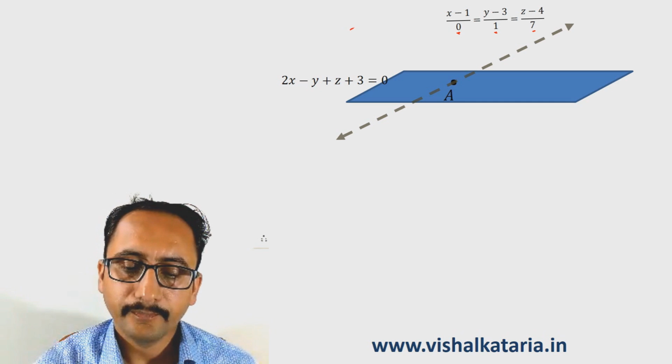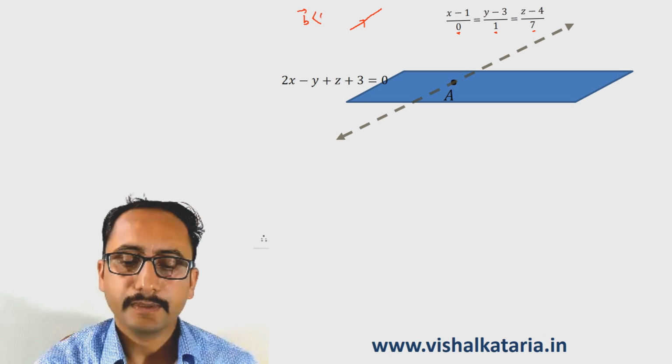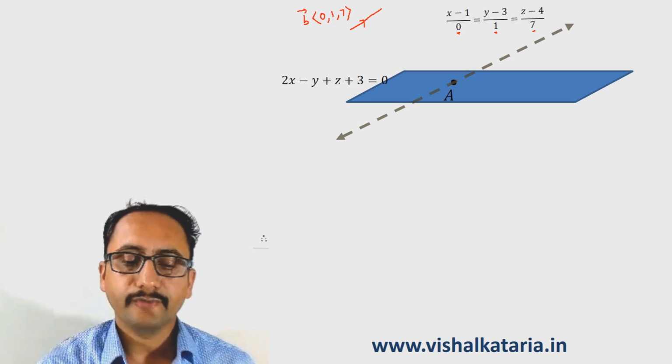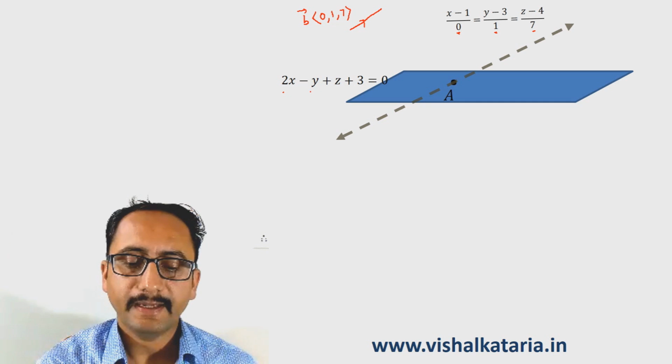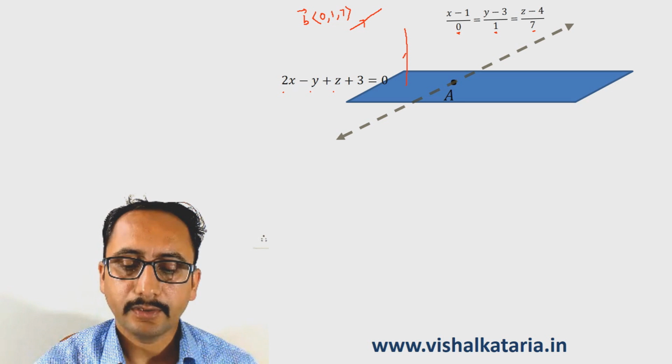Let b be the parallel vector, and the DRs of the parallel vector b will be 0, 1 and 7. And from the equation of the plane, we can take the DRs of the normal to the plane. Let n be the normal to the plane, and its DRs will be 2, minus 1,